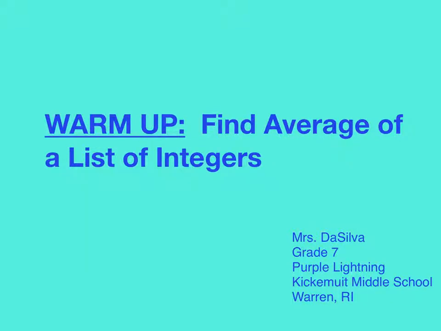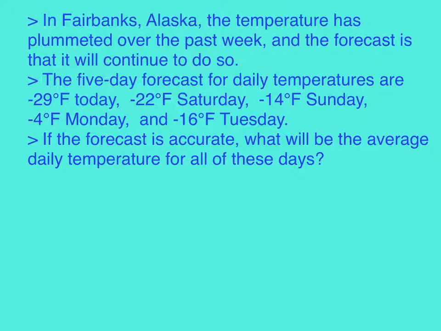In this warm-up, we're going to again be finding an average, and of course there will be a list of integers instead of whole numbers. So we're referencing Fairbanks, Alaska, which is not necessarily relevant to our answer or how we find it, but the 5-day forecast looks very cold if you ask me. I don't want to go there. But anyway, also irrelevant. And we're being asked to find, if the forecast is accurate, the average of the daily